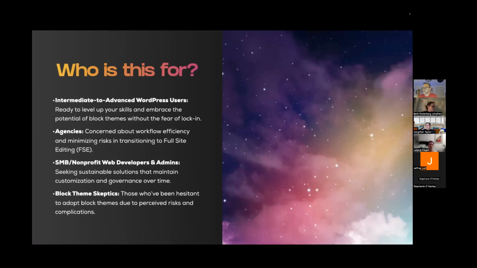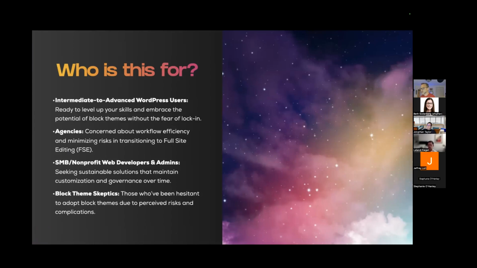This is for intermediate to advanced WordPress users. If you are an intrepid beginner, by all means, follow along. This is kind of an overlap of these personas that I'm targeting. Folks who work in agencies. I've heard a ton about how frustrated agencies are with their full site migration.